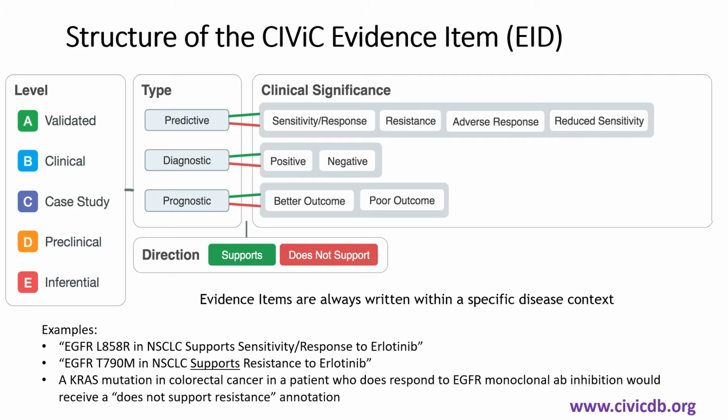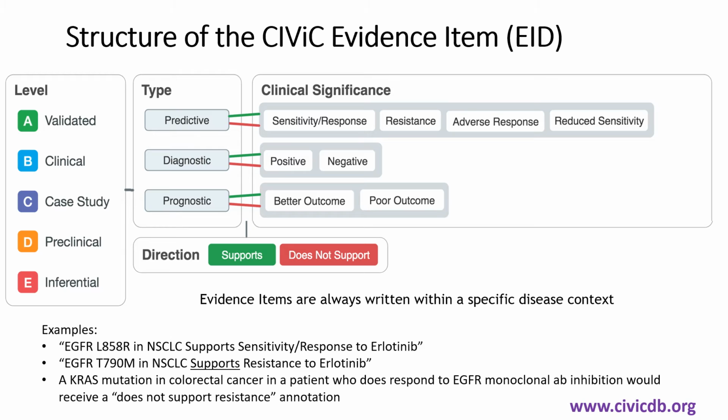While curating an evidence item, you will assign a level of evidence to the study, which ranges from levels A to E. Level A is the highest level of evidence and is used when the data from a particular clinical study was used for drug approval by the FDA or oncology professional societies. Levels B to D are commonly used while curating an evidence item in CIVIC. Level B evidence comes from a clinical study, either a phase 1, 2, or 3 clinical trial, or a clinical study with a large number of patients and statistically significant data.